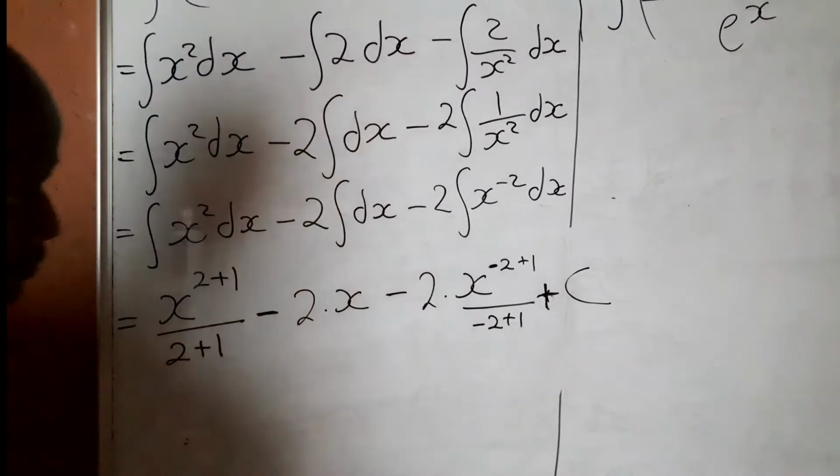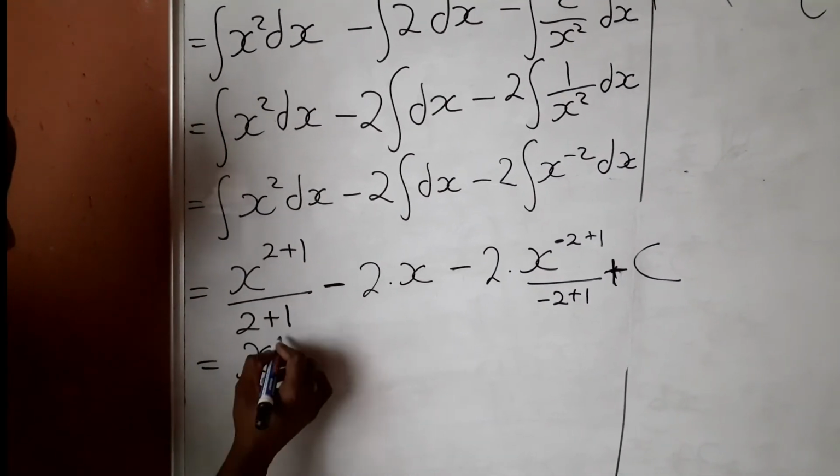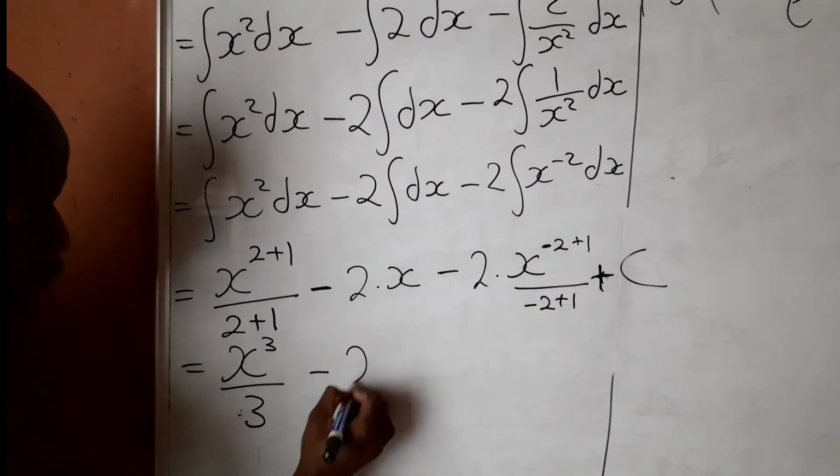So which is going to be x to the power 3 over 3 minus 2x